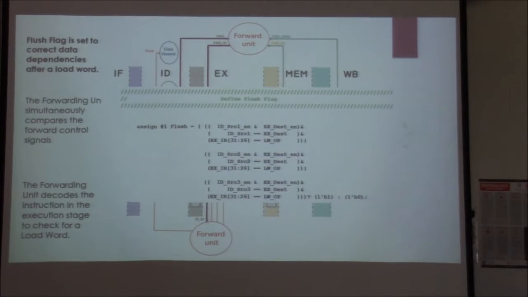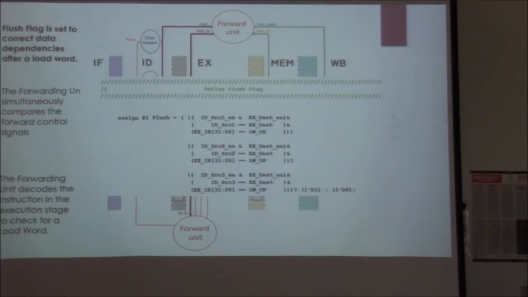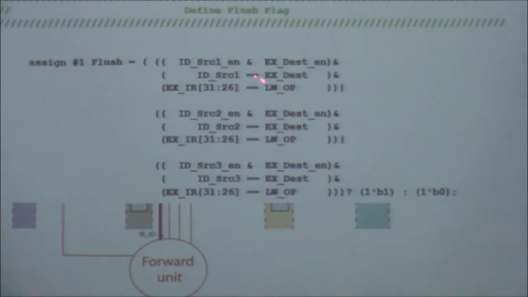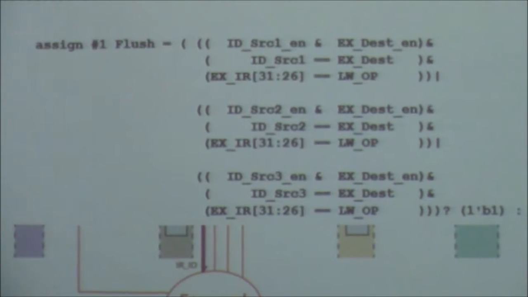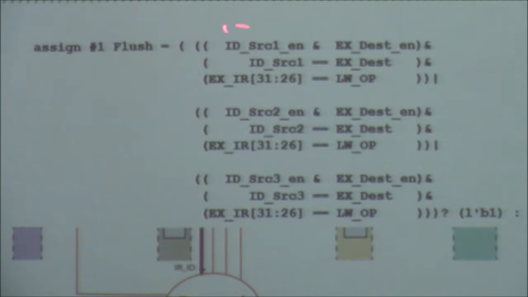So this is just a little snippet of the code. As you can see, it's comparing the source addresses with the destination addresses, as well as checking if the execution instruction is a load